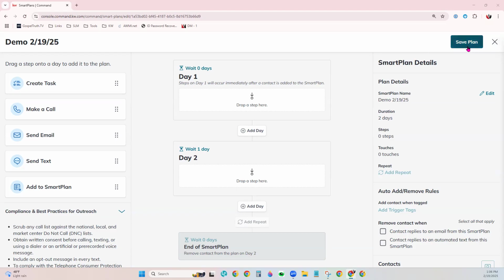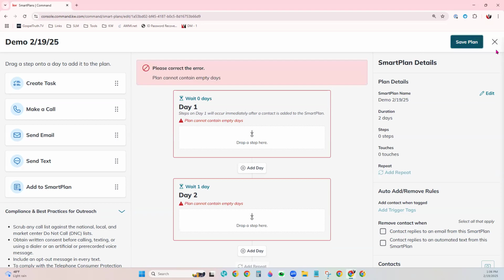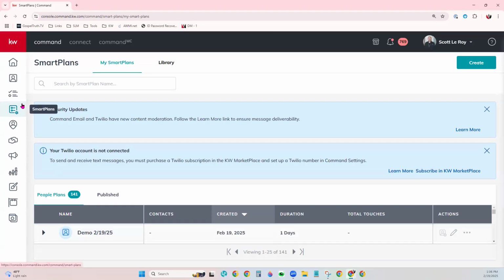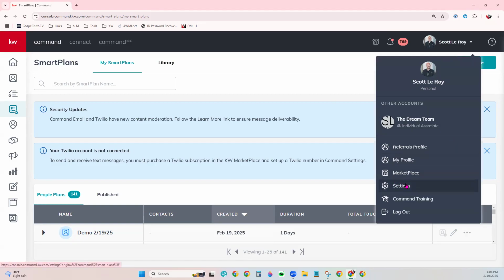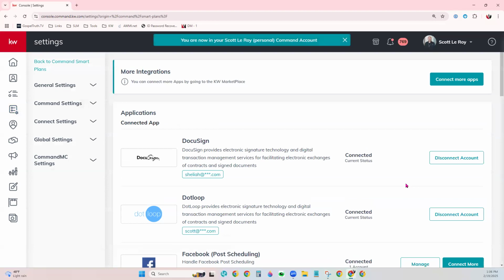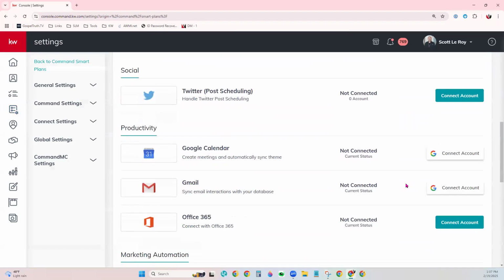Okay, so I'm going to go ahead and exit out of our little guy. We're back on the Smart Plans tab, and your prep work needs to begin in your settings, your Command settings. So let's go over here to the top right where your name is, and then go down to settings. So here we are in our Command settings. And if you'll scroll all the way down to the bottom,